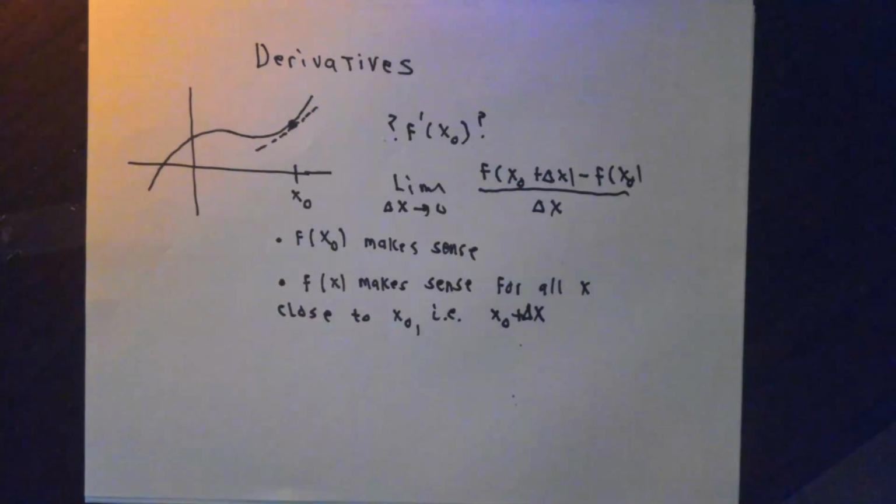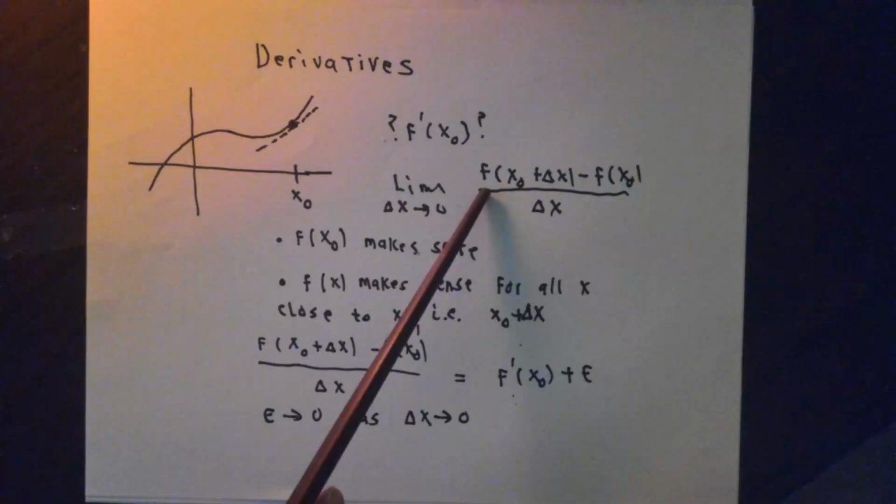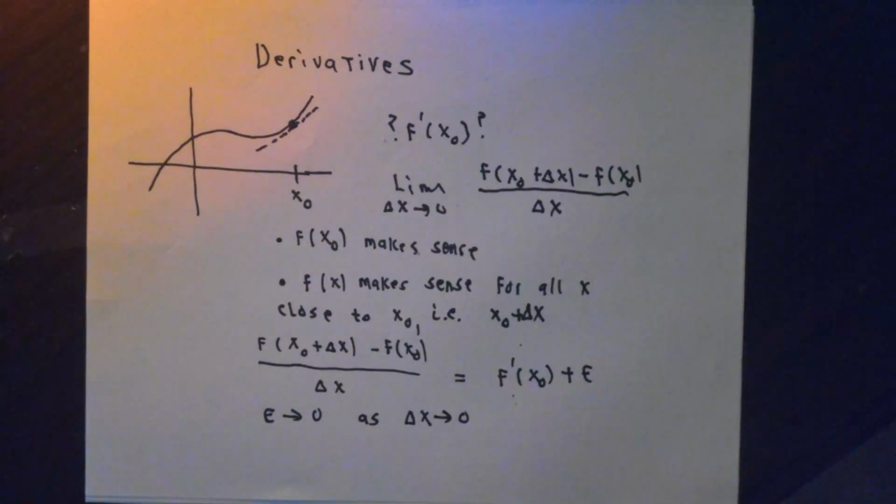Also, though, the delta x could be large or small or positive or negative before we take the limit. F of x needs to make sense for all x's that are close to x0, that is to say, x0 plus delta x. There's more to it than this even, as we'll see in a minute. If this limit exists and is equal to this f prime at x0, then for small values of delta x,